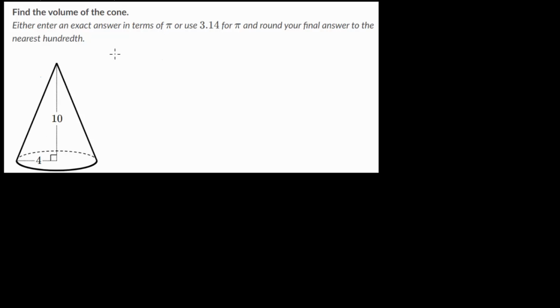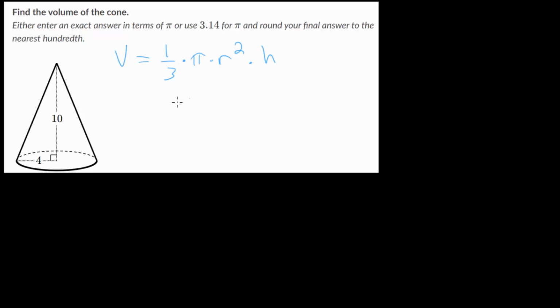Let's look at a couple more examples where we need to find the volume of cones. And remember the formula for the volume of a cone, where we'll take the area of the base and multiply it by the height of the cone and then divide everything by 3. So we have 1/3 the area of the base, which is the area of a circle. So we have pi multiplied by the radius of this base, the radius of that circle squared, multiplied by h,